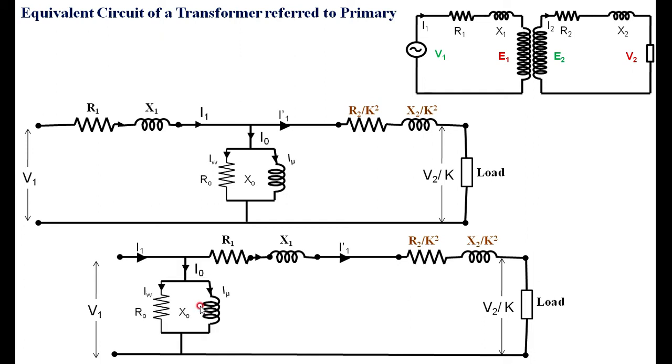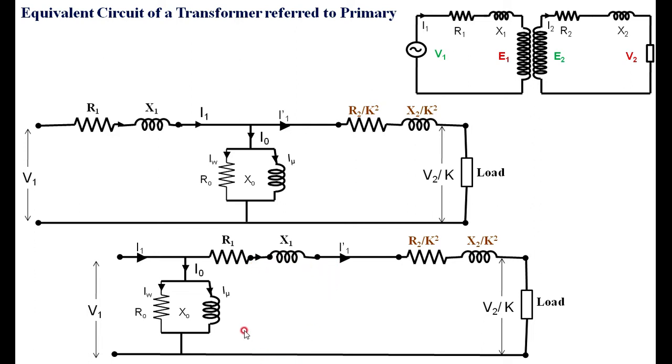Therefore, I have shifted this parallel combination to here. The current drawn here is I0, because we know that the total I1 is the vector sum of I1 dash and I0. Out of I1, I0 is drawn here, and the current flowing here is I1 dash. Just due to this small change there is a difference between these two circuits. Previously, the current flowing in R1 and X1 was I1. Now in R1 and X1 it is I1 dash, because we are shifting these two elements to the beginning of the circuit. But the current I0 is very small,